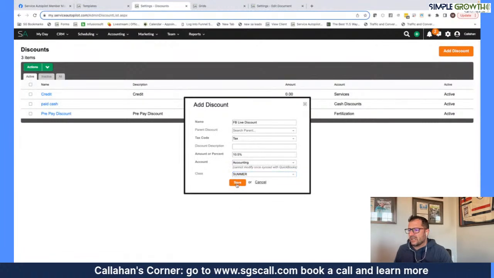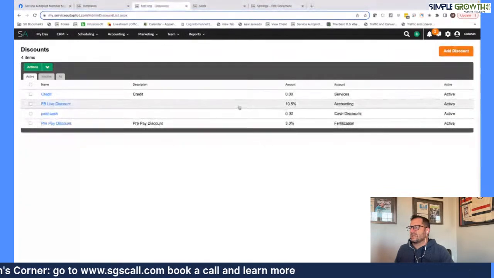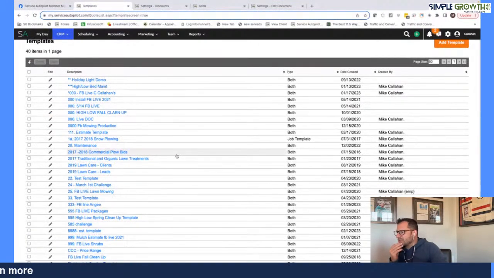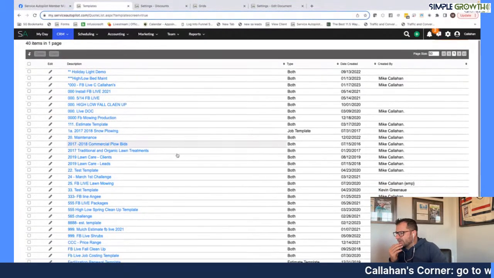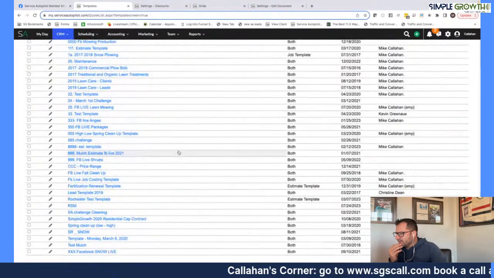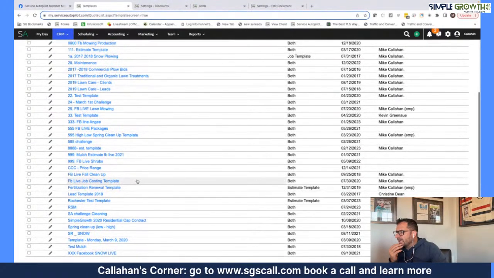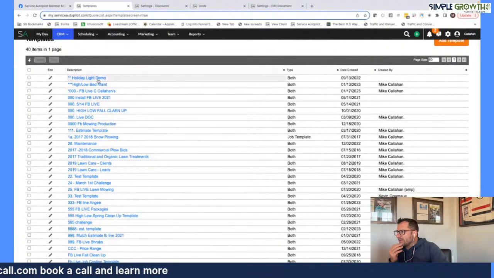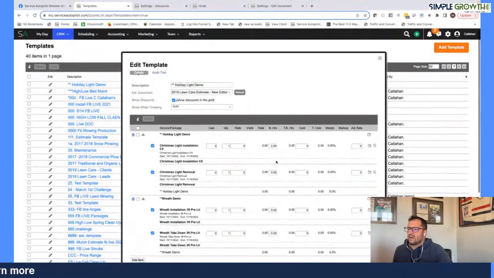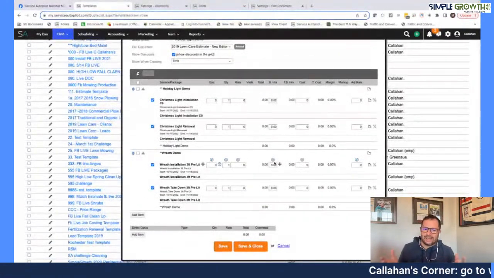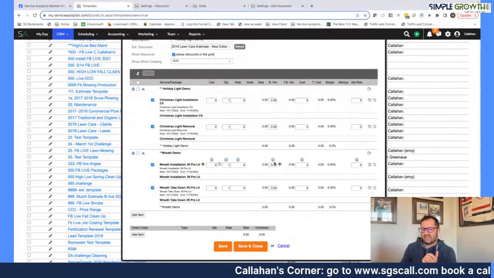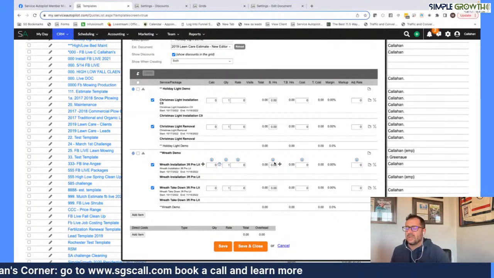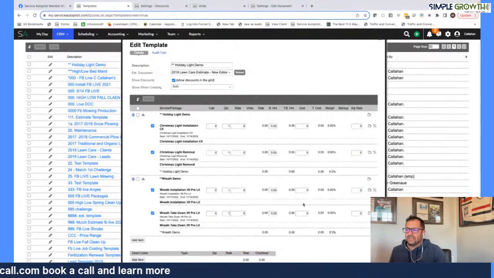Once we have that discount set up, we've got a discount that can be used. So what we're going to do is go into our templates here. And I'm going to grab a pre-built template. Probably should have done this before the Facebook Live, but we're going to go in and grab one here that looks like we may have one for holiday lights. All right, so this will work. So let's say we have a prepaid discount of 10.5% for holiday lights. I don't necessarily recommend prepaid discounts, but if you're going to do some kind of discount, this is how you would set it up. So what we would do is go into the job estimate template here